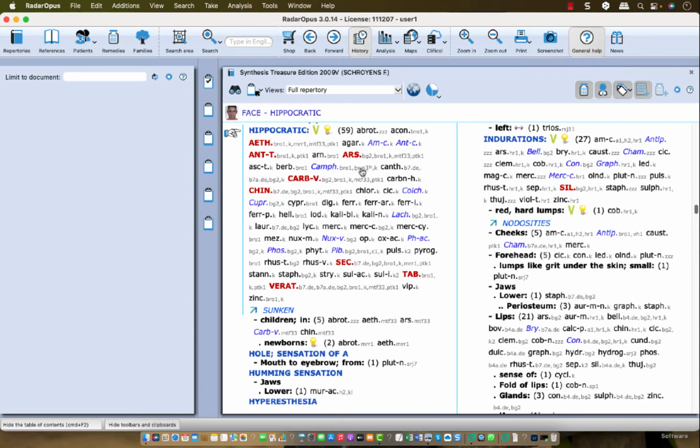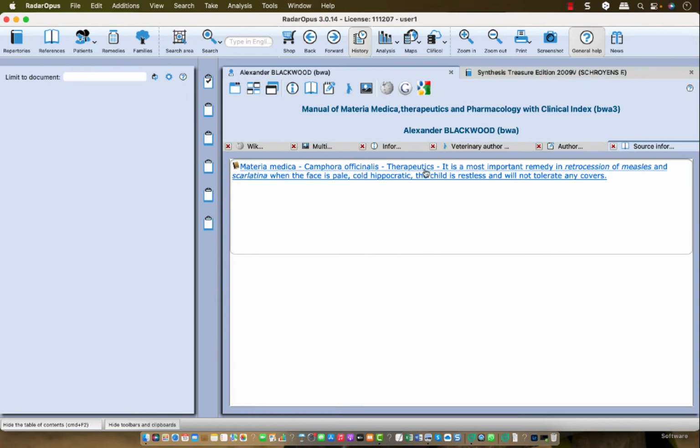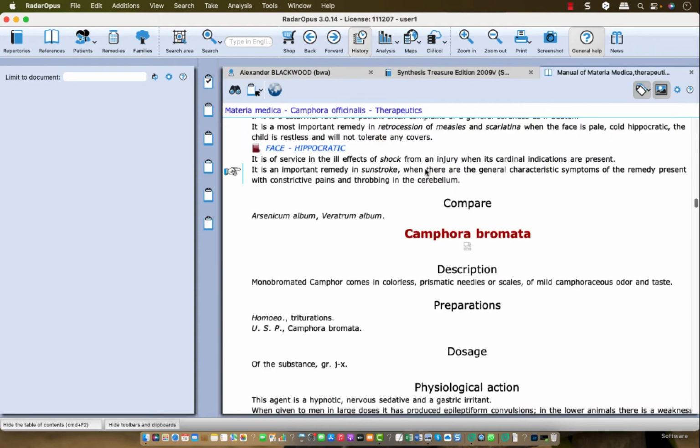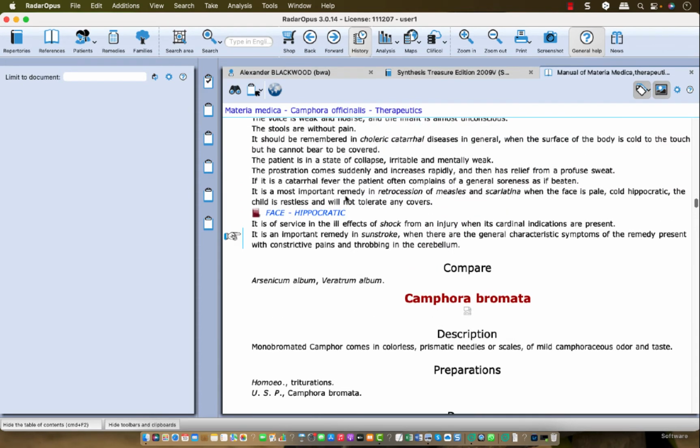I double click on it. Here I see the text of the original source. It's a most important remedy in retrocession of measles, etc. If I want to go to that symptom in the original source, I just double click on it, and there I am. So this is the symptom. It's a most important remedy in retrocession, and you see that this symptom, the above symptom, is linked to the